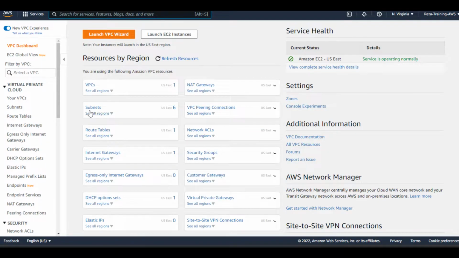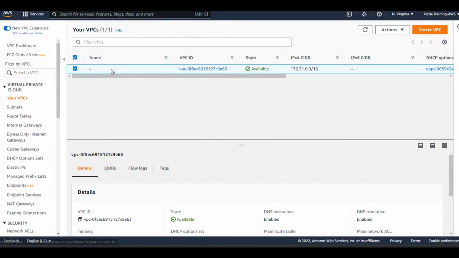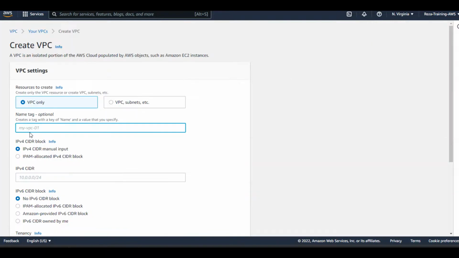In the left, click on your VPCs. Here you can see the VPCs you already have. There's one which is default by AWS from when we created an instance before. We click on create VPC, and here we give our VPC a name,